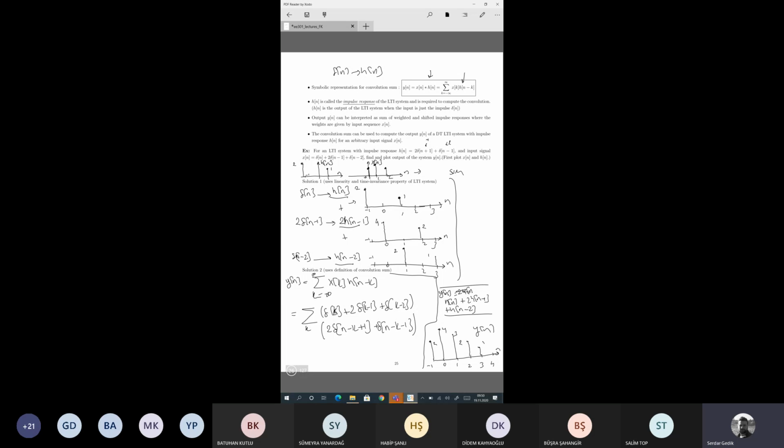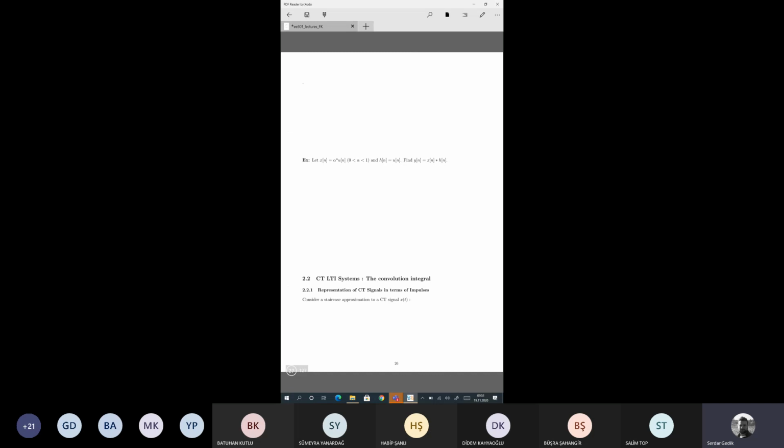So that's it. In order to find h of n minus k, I have this h of n here. So if you put n minus k instead of n, then you have h of n minus k, and it is simply 2 times impulse of n minus k plus 1 plus impulse of n minus k minus 1. So this is my relationship. Well, I will then write this. I will expand the summation term. So what is it? It is simply summation k